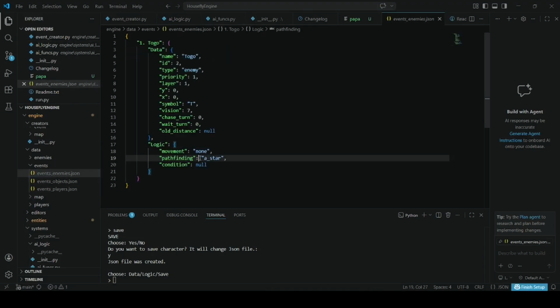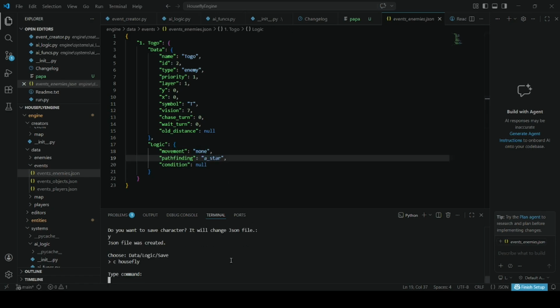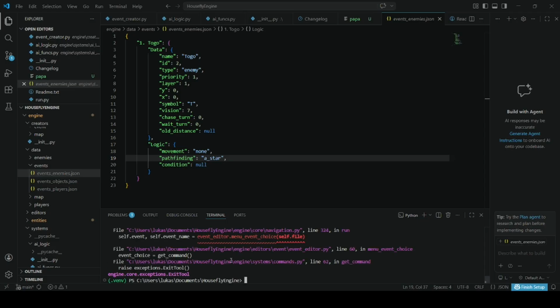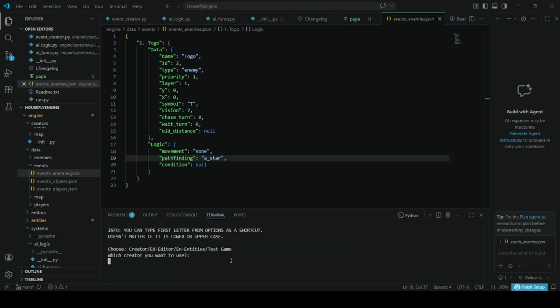As you can see, the logic is changed, movement has none, and pathfinding has A star. We're going to housefly. Oh my god, wait a second, exit menu. Yes. Alright, that's another bug that I forgot to fix. Alright, but we have a player event and player